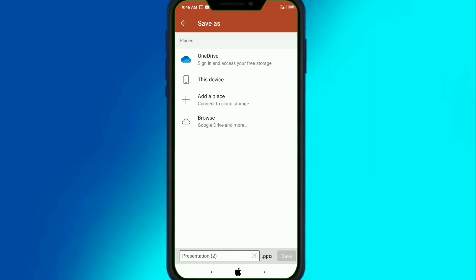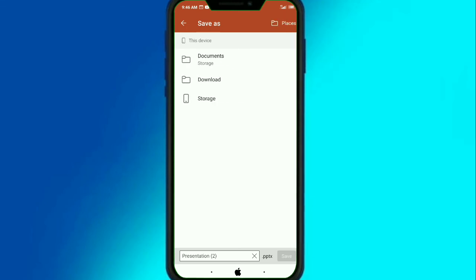This save as screen will appear. Now if you want to save this presentation on your device, on the mobile phone, click on this device option. Wherever you want to save it, you can click on that option.